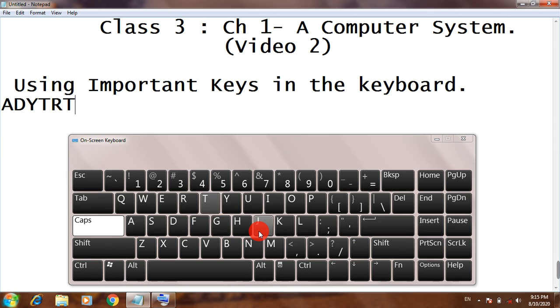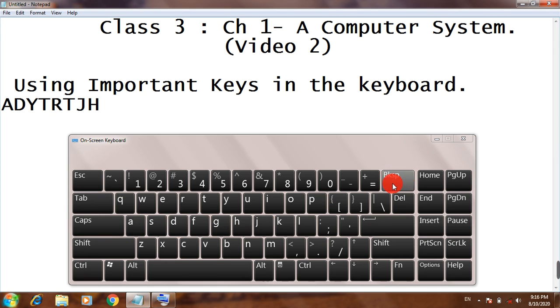So whenever you have to write in capital letters anytime in a document, you just have to activate this caps lock key and you can start typing. To close this, again click it or just press the caps lock key again. Now you can see all alphabets are converted into a smaller case.